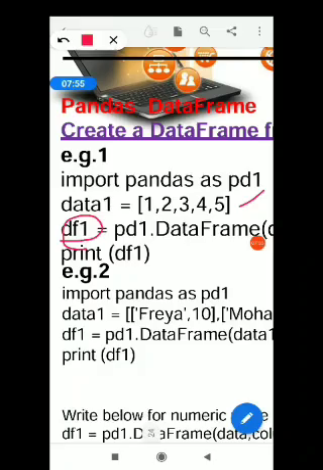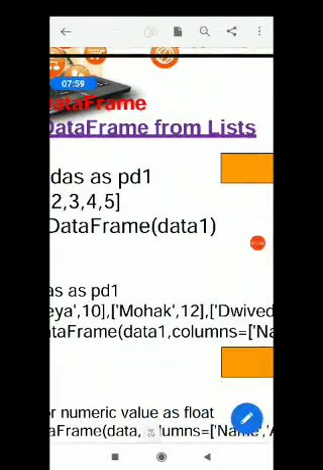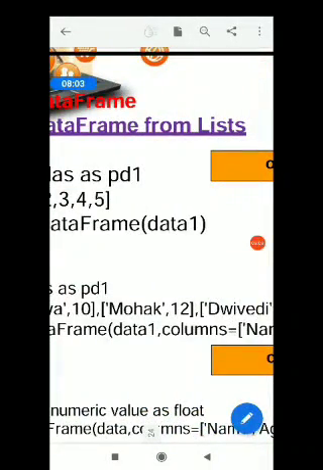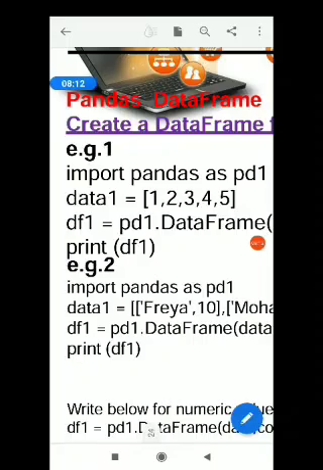Please give the name df1 equals pd.DataFrame, and inside the bracket you have to provide the list name from which you want to create it, and simply print the data frame. So that is all about it.